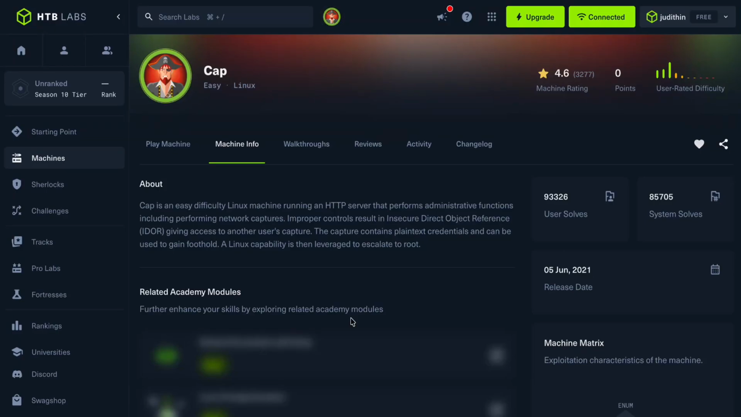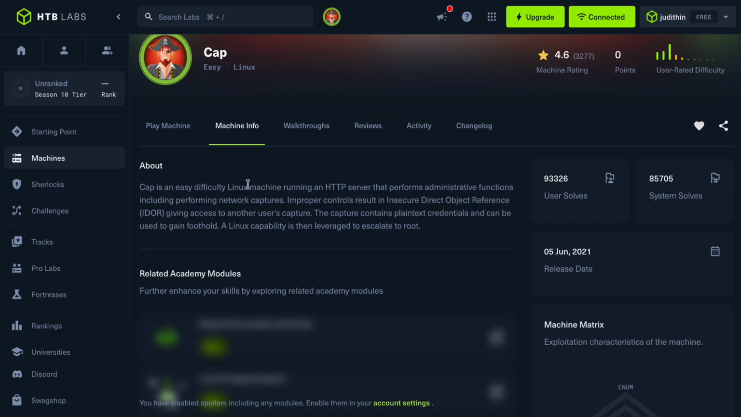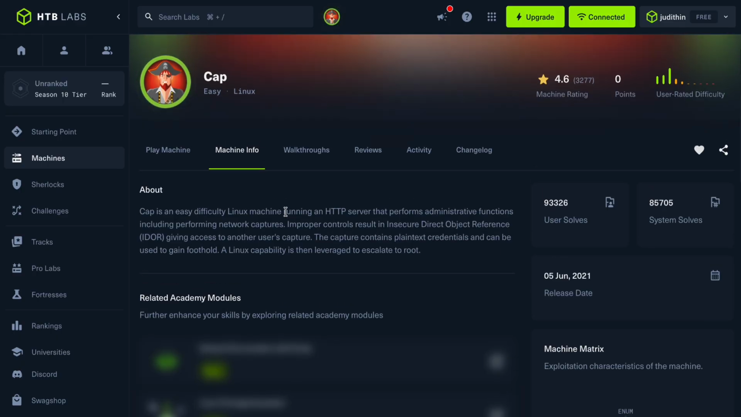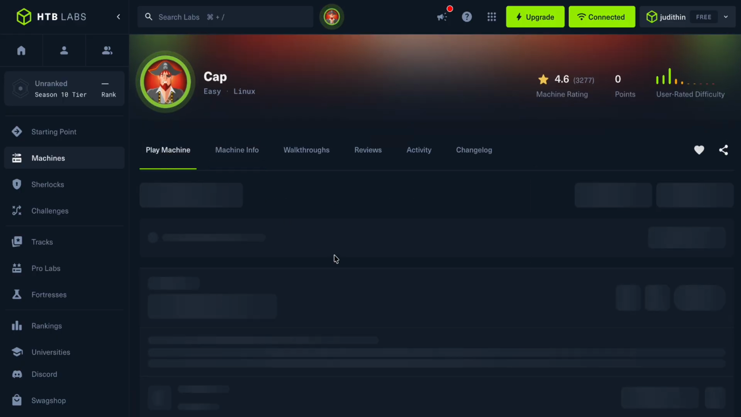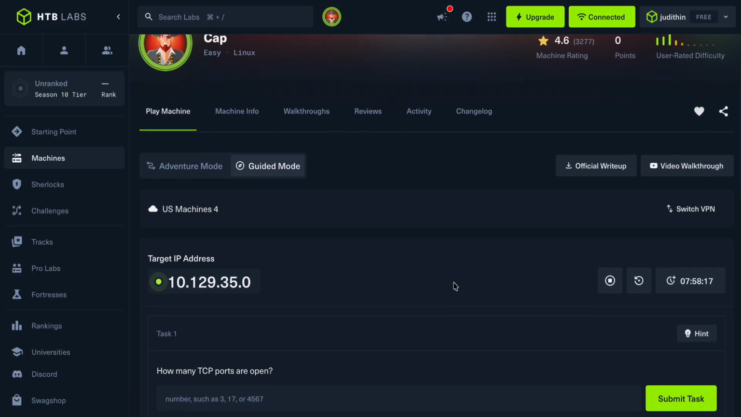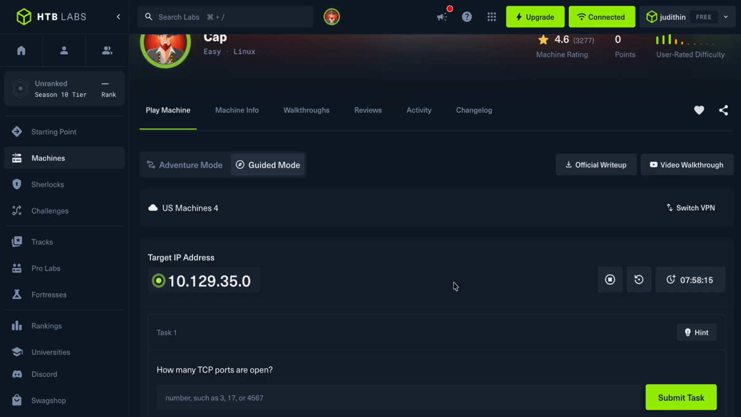Hello. Today, I, Judith, and Jabril will be going over the CAP Hack The Box. It is a Linux machine running an HTTP server that performs administrative functions, including performing network captures. Basically, we're starting off with a web page that allows us to download some packet captures that are created